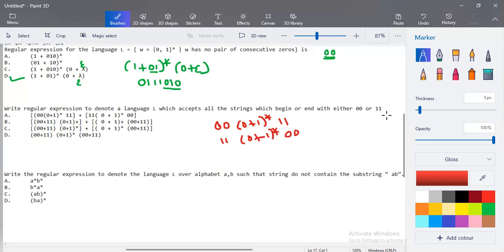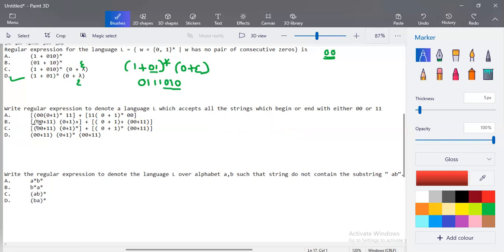It is not mandatory that it exactly has to begin with 0, 0, 1, 1 or 1, 1, 0, 0. Okay, so in this expression it is mandatory that it begins with 0, 0 and ends with 1, 1. But in our question, it is not mandatory. Either it can begin with 0, 0 or 1, 1 or end with 0, 0 or 1, 1. Okay, but this regular expression makes it mandatory. So we cannot say that this is a solution for this problem. Okay, this is not the correct regular expression to take into consideration.